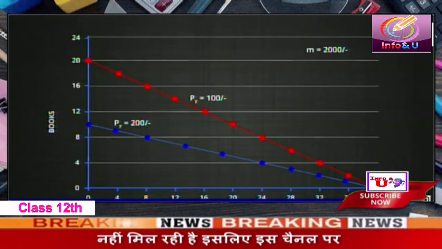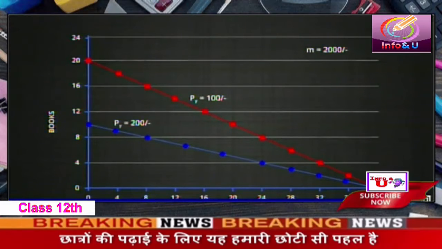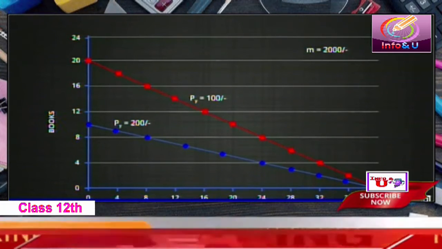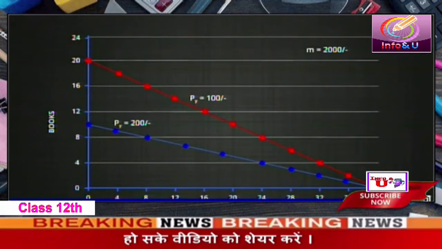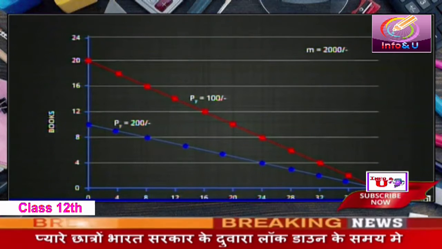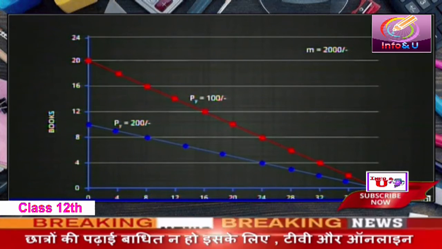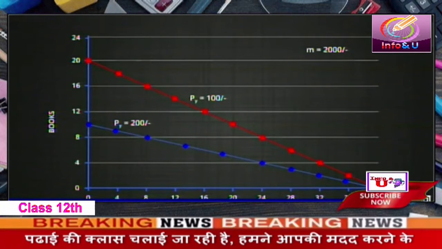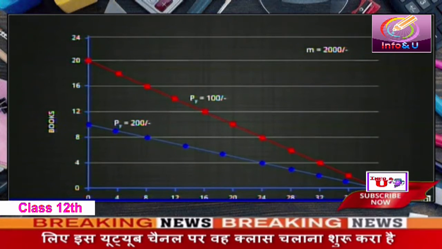The price of a movie ticket has not changed. The consumer can still buy 40 movie tickets for 2000 rupees. However, given her income of 2000 rupees, the increase in the price of books means that she can at most buy 10 books instead of the 20 that she was buying earlier. The budget line swings in along the y-axis, hinged on the x-axis.